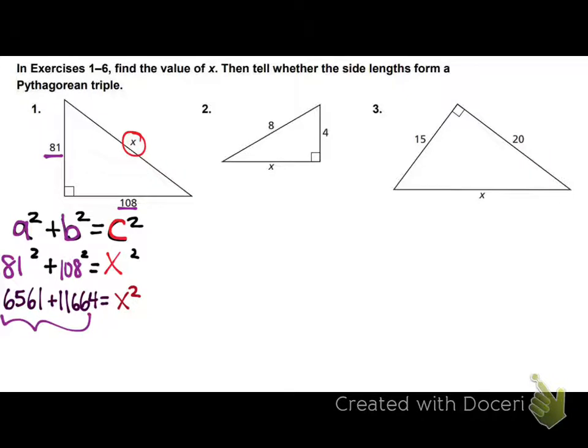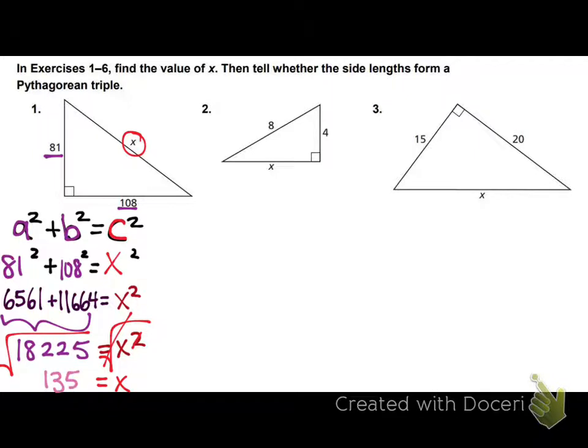Combine like terms, or just add the two on the left. 6,561 plus 11,664 is 18,225. All right, and then the last step. So x is being squared. You need to do the opposite. So the opposite of squaring is a square root on both sides. So you want the square root of 18,225, which is